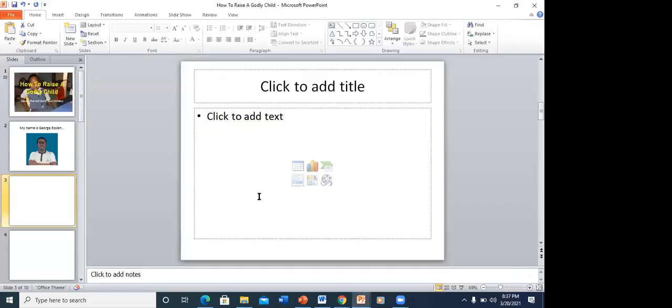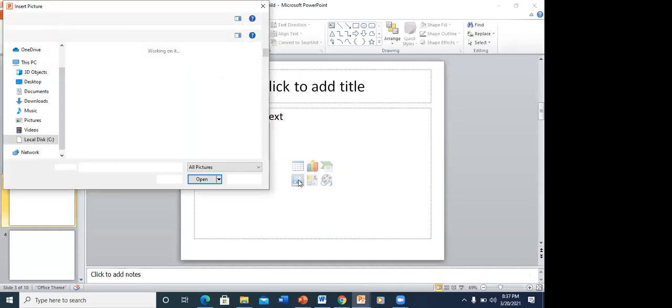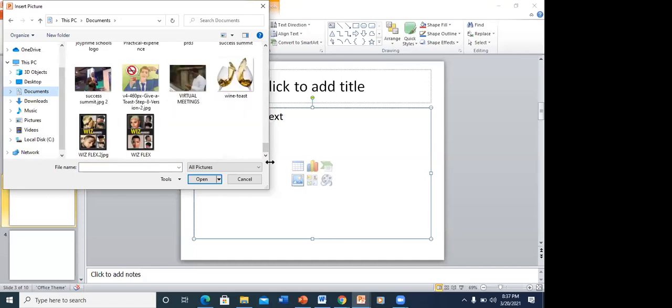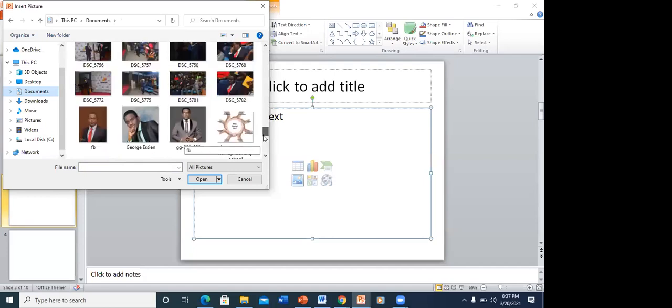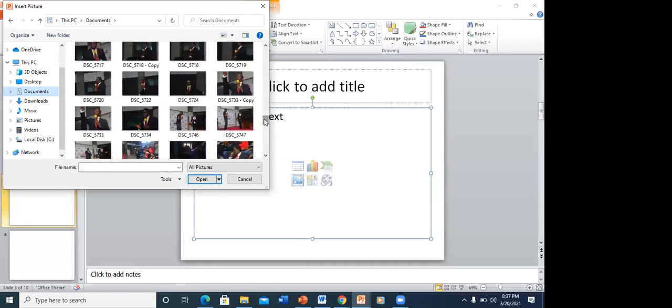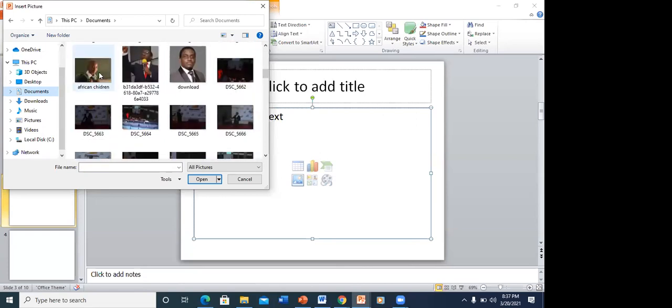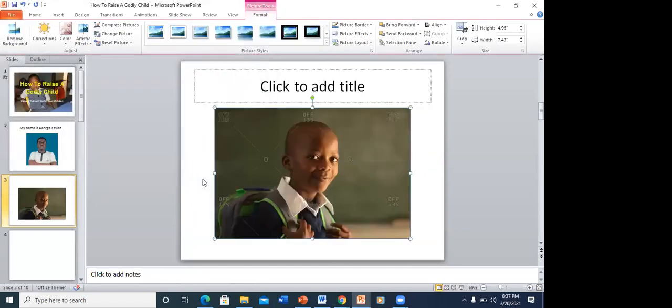So what do I do? This is already in my system. I go to Insert, and I go down to Documents where it is saved, and I scroll down. I look for that picture. I hope it is there. That's it there. I click on it and I insert. The picture's there. So that's one way. If you don't have a picture already on your laptop, you can go to the internet on your Chrome, Google, search for a picture, and then you insert the picture.